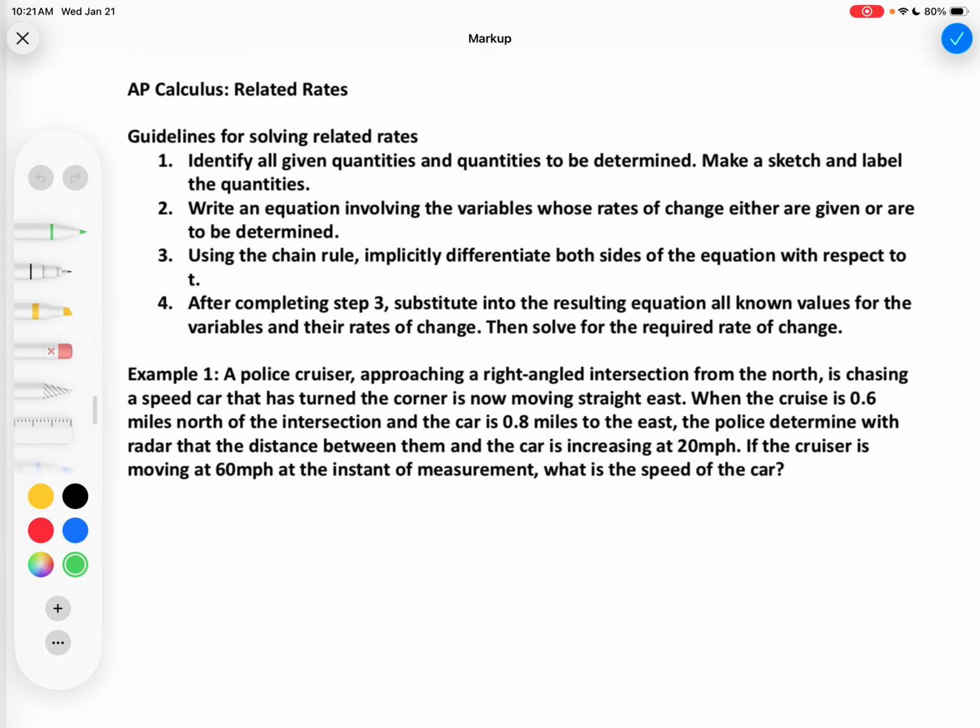Get into other stuff later. But this is 5.6. So, some guidelines for solving them, and I don't necessarily follow every single one of these every single time. It kind of depends on the question, but